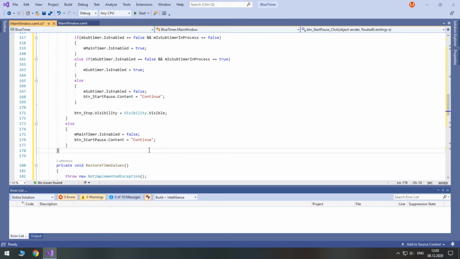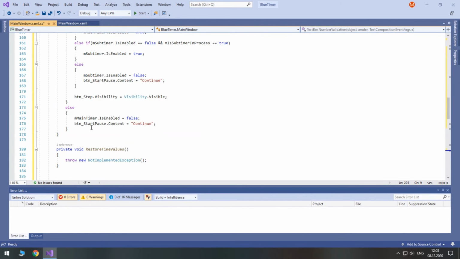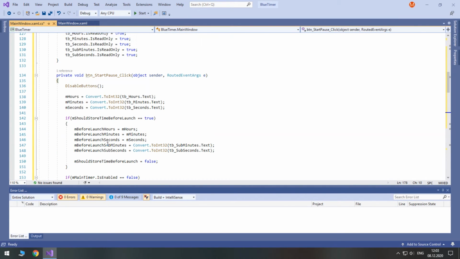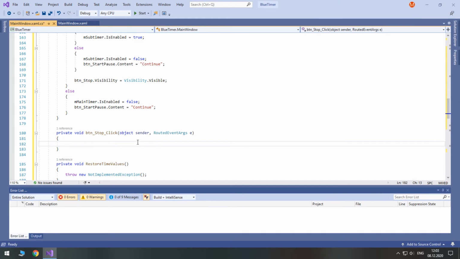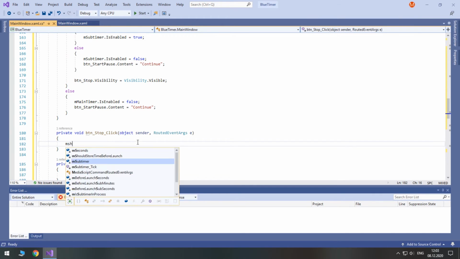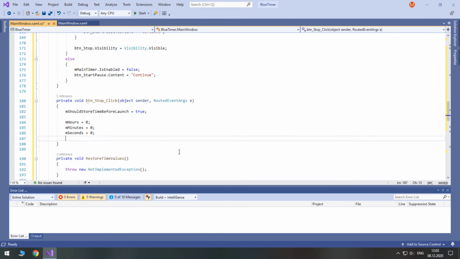Unlike Start Pause button, the Stop button should be simpler. First of all, because we stopped the program, the next click on the left button will be only as a starting launch, so we should tell the program to store time. Also set the current time to 0. Then we are going to disable both timers.